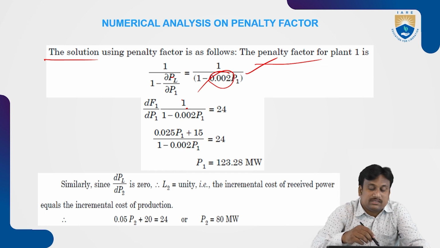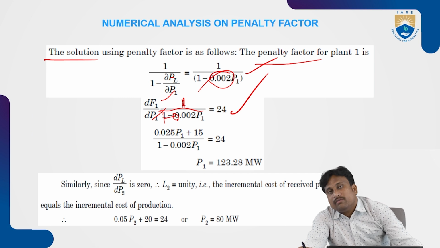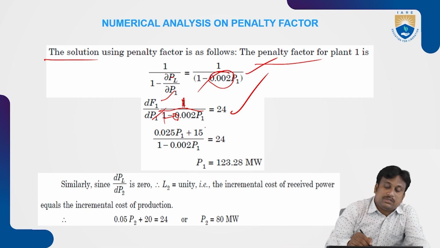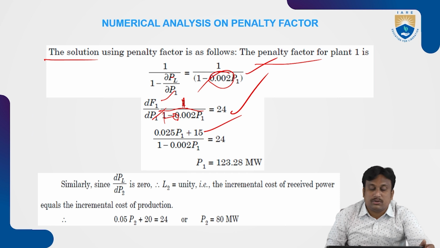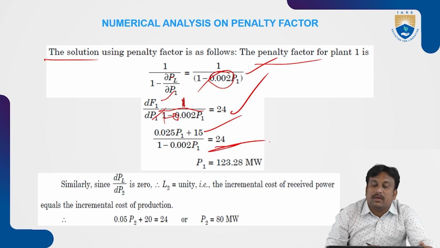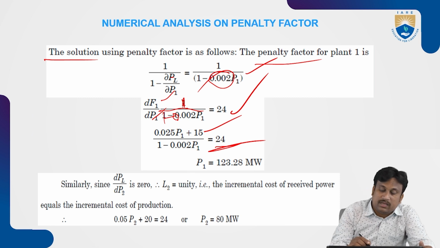And writing for this, dF1 by dP1 into 1 by 1 minus 0.002 P1 gives a value of 20. So 0.025 P1 plus 15 by 1 minus 0.002 P1 gives a value of about 20. So with this condition, simplifying by cross multiplying, we get P1 as